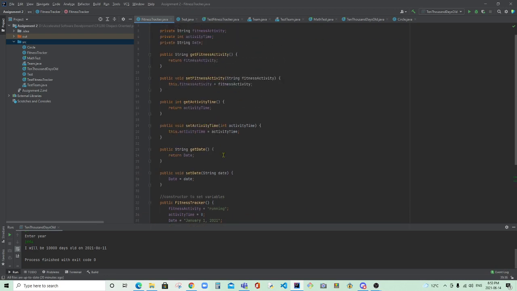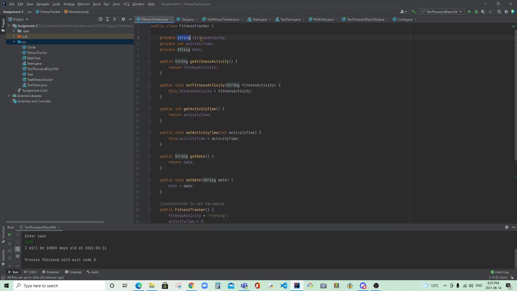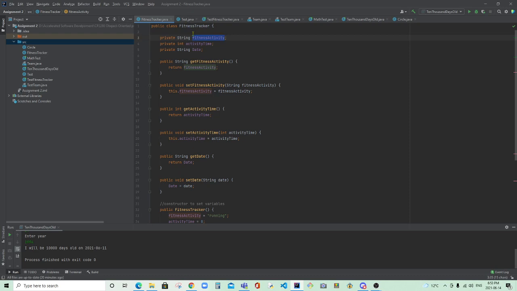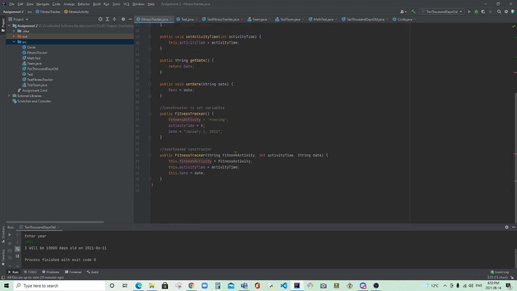But wait, we've already defined a string called fitness activity inside this class. Yes, the field one. So in order to disambiguate between the field and the parameter, we use this dot. So this,